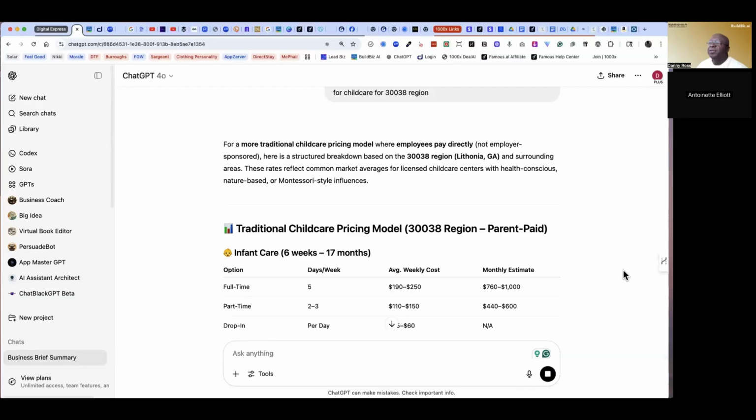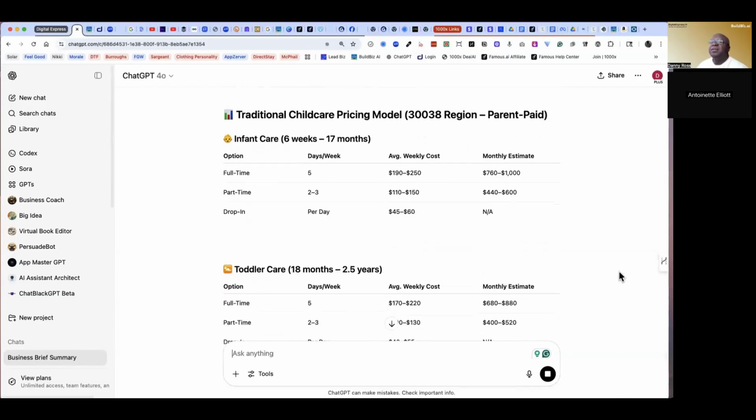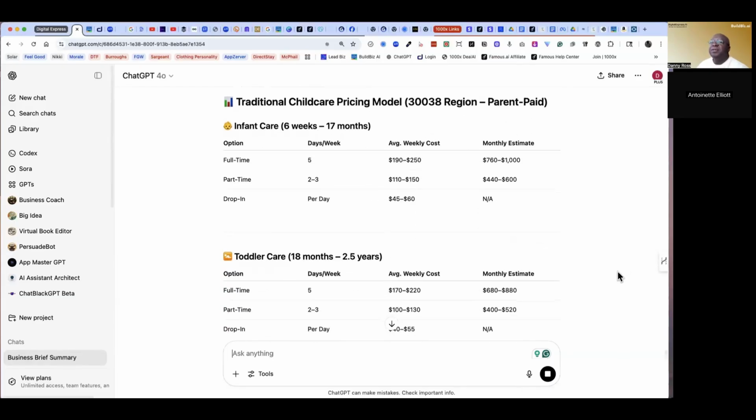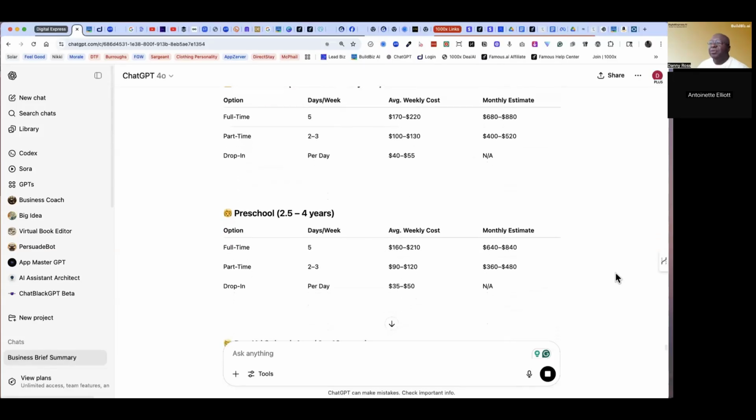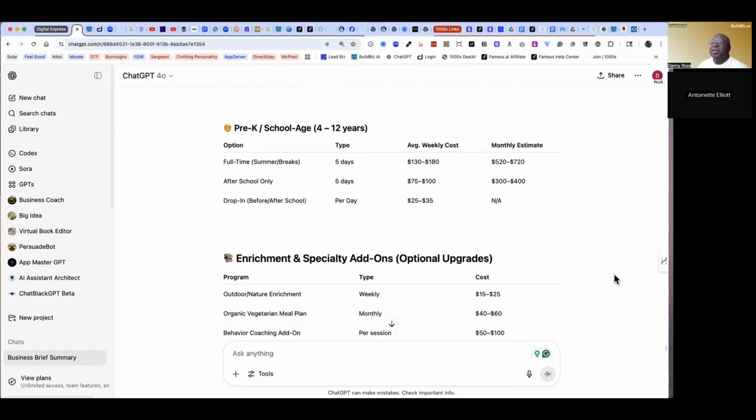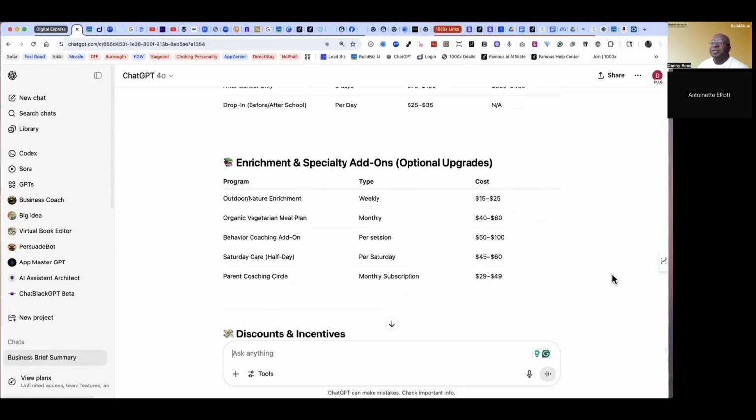Weekly cost, 190 to 250, full-time, part-time. And that's breaking it down so you can compare it to the pricing that you were thinking. That gives you some good numbers, and then you can do deeper research on this. Anytime you want to do that type of thing, the only reason I didn't do it is because it does take a lot longer. I would run the deep research model, and that will take its time and walk through the whole exercise, so it'll give you a much slower kind of pace. Now, let's do a little out-of-the-box thinking here.